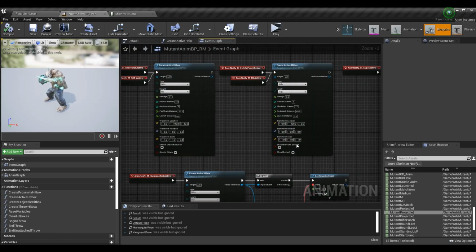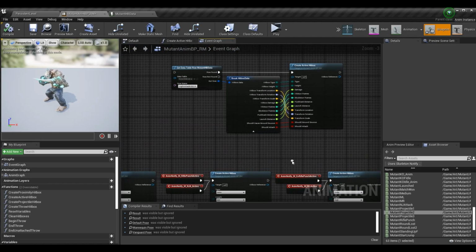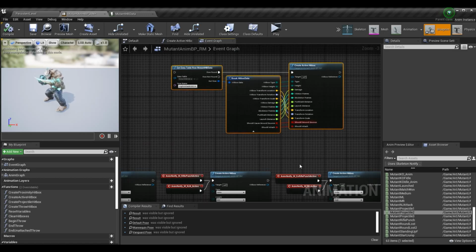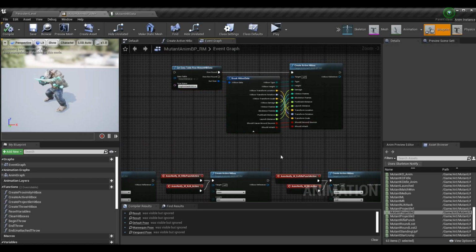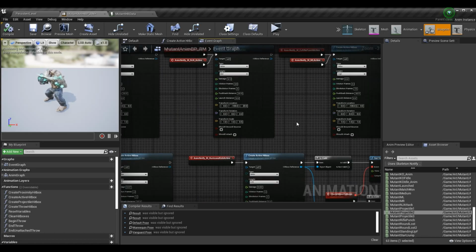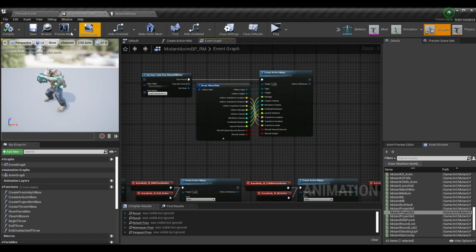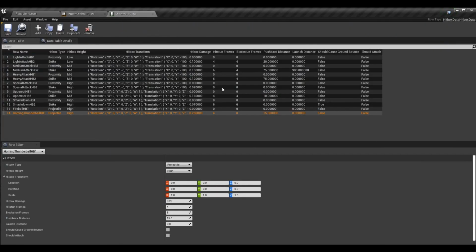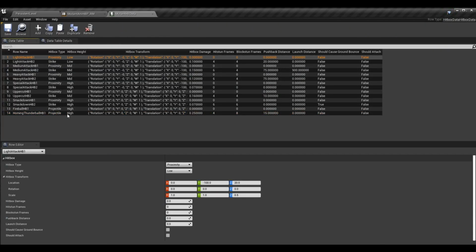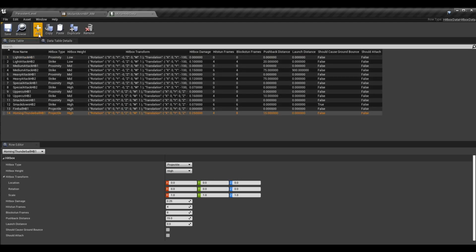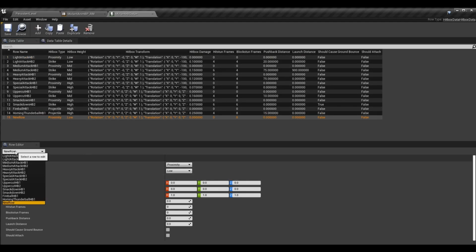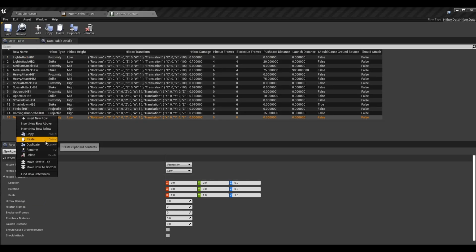But I'm not going to show you every single one, because if I did, that would be mind-numbing. However, you can assume that this method works for all of these. It will work for throws as well, but throws are a little bit different. Let's do a throw example. That way you have all the examples. You have proximity strike. Here are projectiles. Let's add a new row, and let's call it